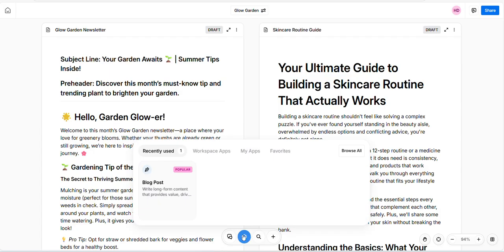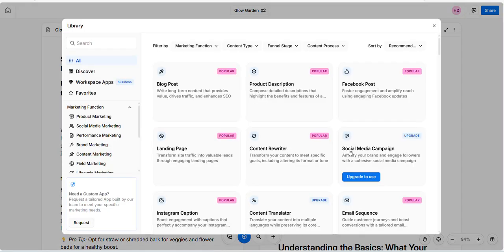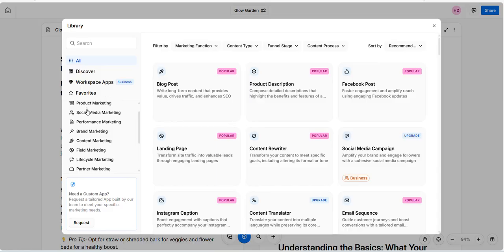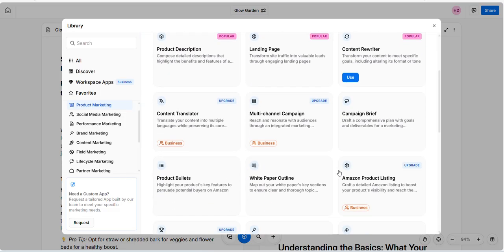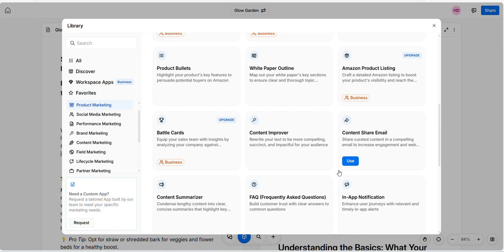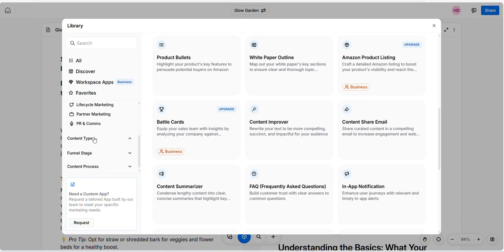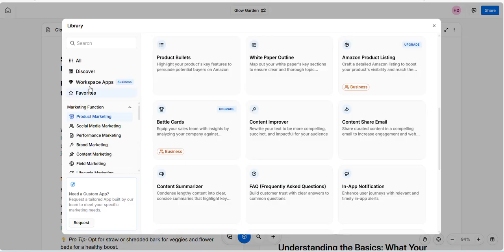Now to go into the applications to see what else Jasper AI can do. So this is all of the applications, and you can filter it and find out exactly what you're looking for. It also breaks it down into a more detailed breakdown here. So by marketing function, you can read all of these. We can open up a couple just as an example. Product marketing, this is everything that relates to product marketing and what you should be building content on. It has content type, funnel stage, and content process. So kind of when you should be planning each piece of content, when it should be released. So if we go back to all,